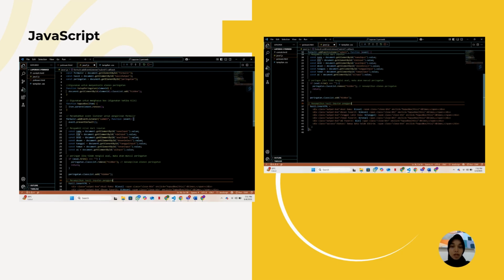The first function is responsible for hiding the warning message when the user clicks the close button. This is done by adding the CSS class hidden to the specific element, effectively removing it from view. Another function is used to remove an individual output box when its close button is clicked. The function targets the parent element of the clicked button and removes it from the DOM.